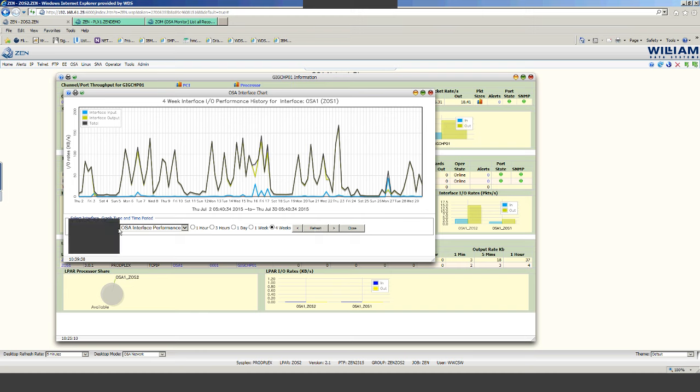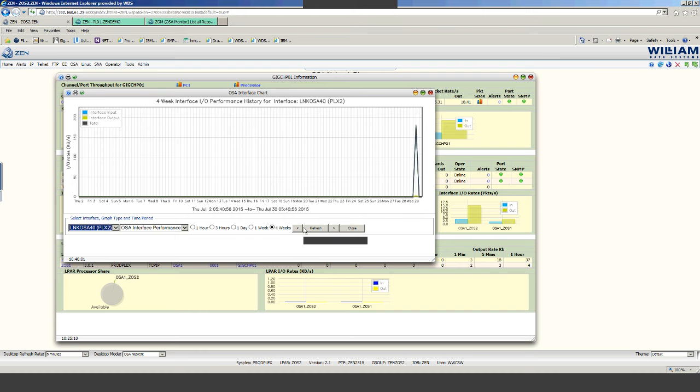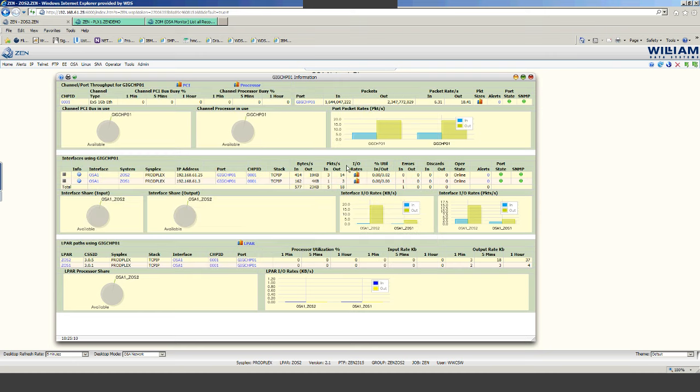So I'll come back. If I try to go across to Plex 2 and do a refresh, what we can see here is the one in the UK over the last 4 weeks, and very little actually happens on that system. So that's why we use the system in the States, because there's more information in it. So these I/O rates are within here. Coming across the alert status, we'll come on to that